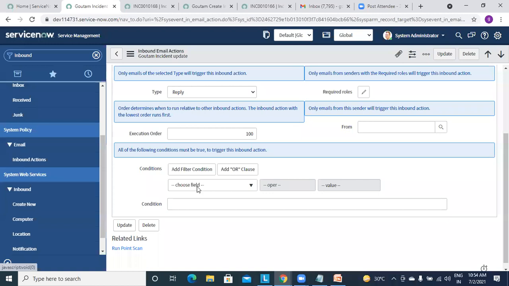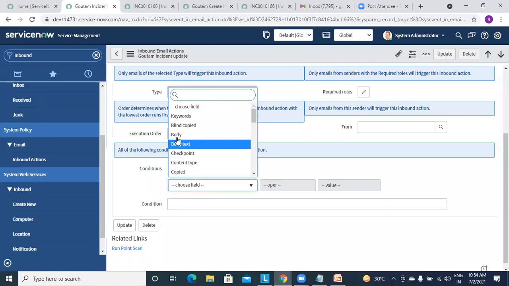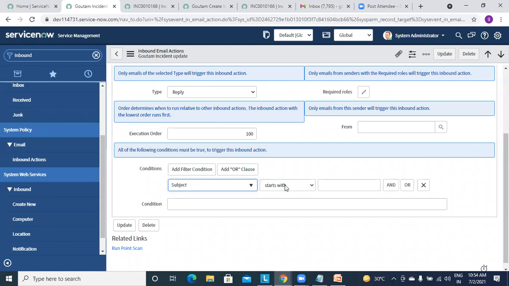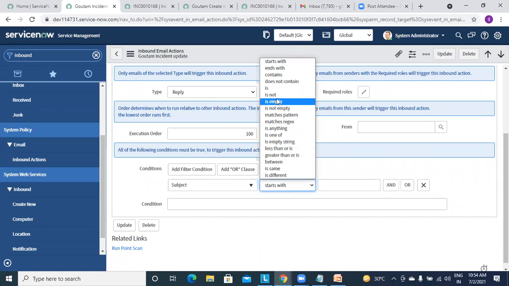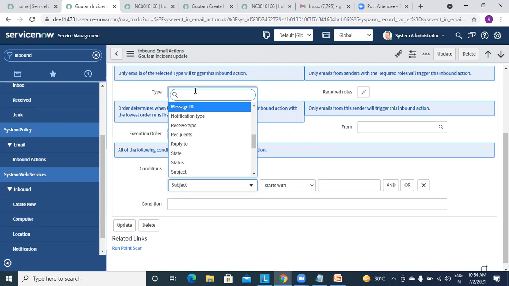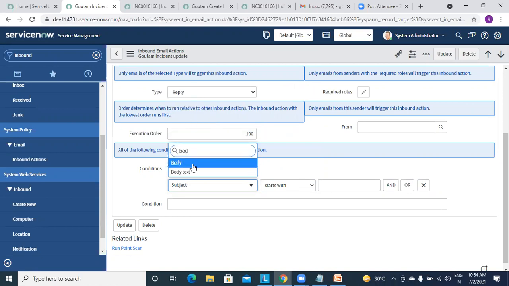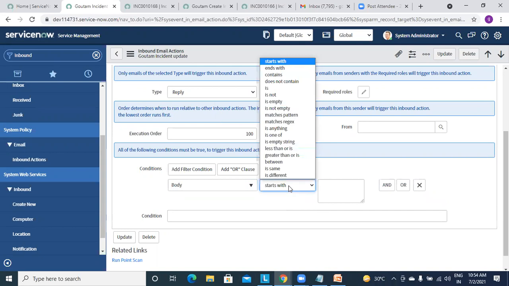There we have to give something like, it should contain this, and only after that it should update this. Like subject contains, or body contains some word.